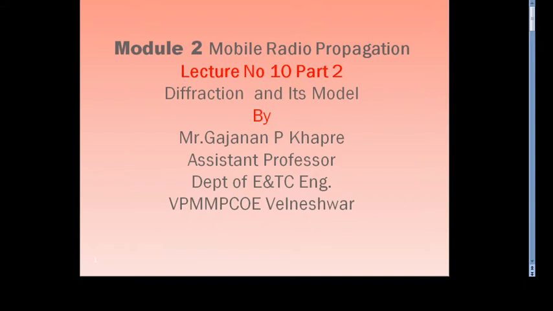In the previous lecture we covered the basic definition of reflection, then reflection from dielectric material, the Fresnel reflection coefficient, then reflection from a perfect conductor, and then the Brewster angle. We also explained the ground reflection model, which is commonly called the two-ray model. This model explains how the